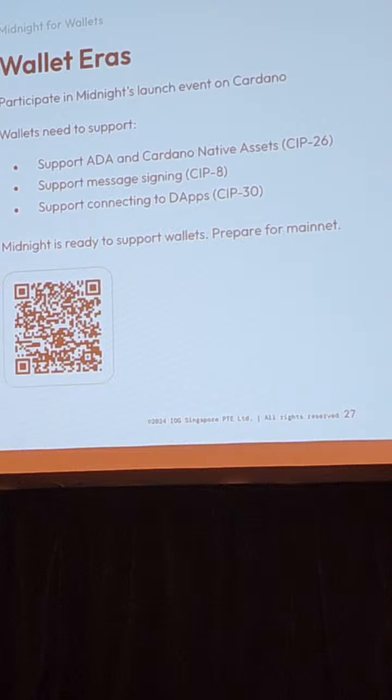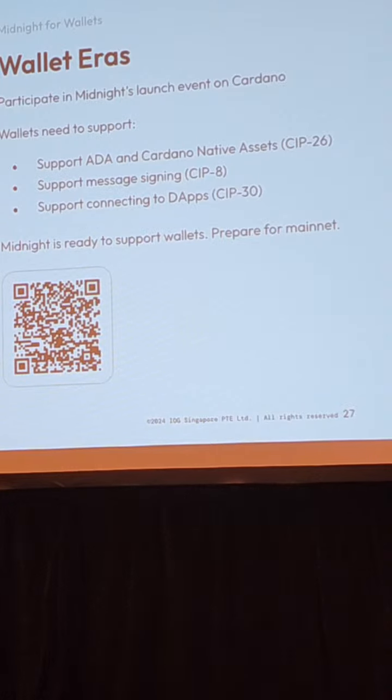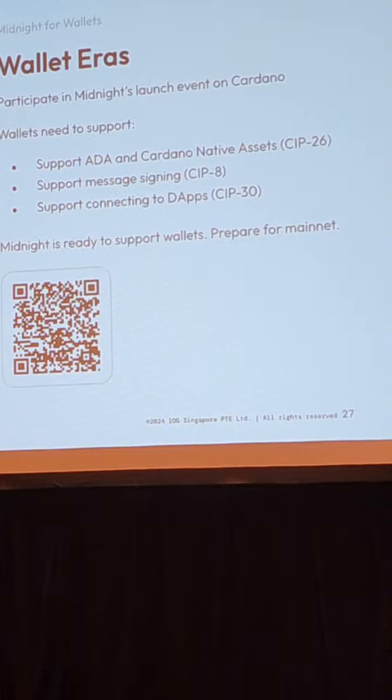Can you review what role SPOs have in this process? In the wallet process? Or in publishing and getting back to date for Midnight? Yeah. So Midnight will be a partner chain of Cardano. If you're an existing SPO, you've spent time building up your stake pool and you have folks delegating to you and you've established that. That takes a while, it can take years in some cases. To become a validator of Midnight, you simply have to execute a transaction on Cardano that puts your name on the roster, and then you have to run a Midnight validator node.